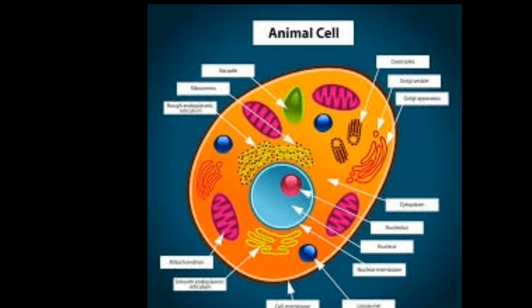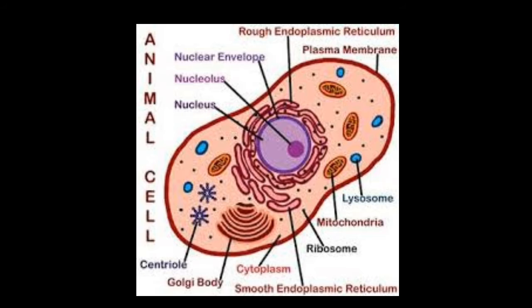It is a network of tubes or channels of membrane in the cytoplasm which helps in protein synthesis and conduction of materials. So, endoplasmic reticulum is a network of membrane. It's a double membrane structure which runs through the cytoplasm. Depending upon the presence and absence of ribosomes on the surface of endoplasmic reticulum, these are of two types, that is rough endoplasmic reticulum and smooth endoplasmic reticulum.